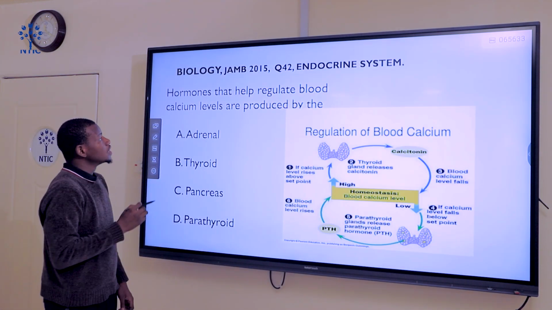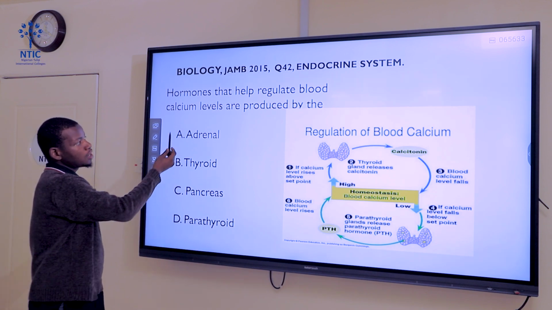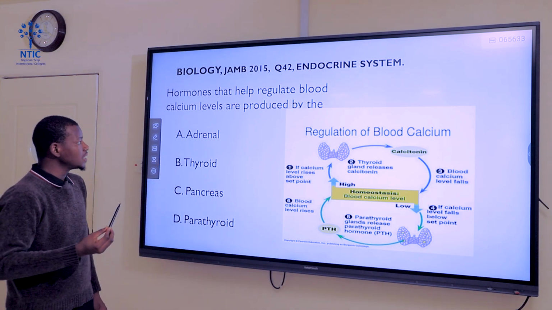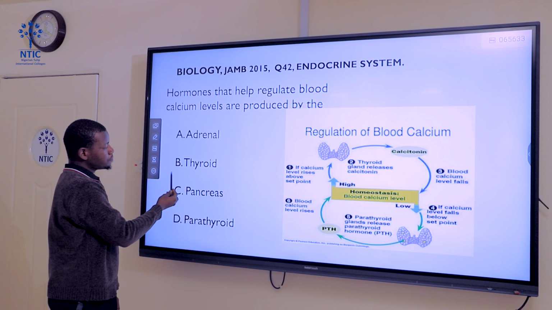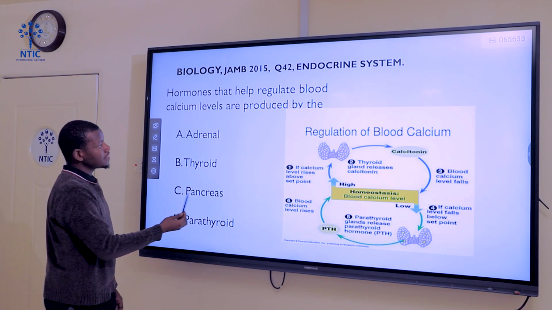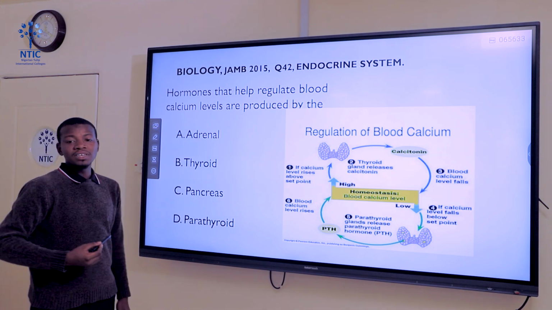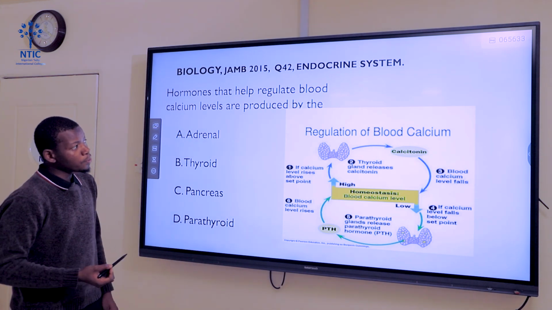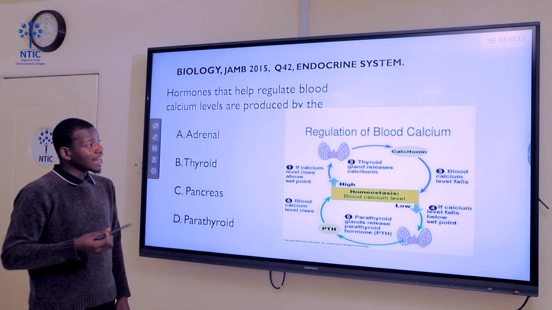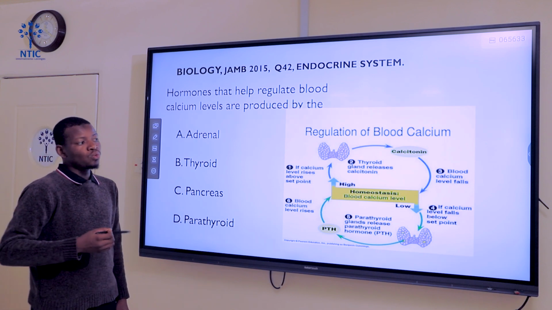Question 42. Hormones that help regulate blood calcium level are produced by the A. Adrenal gland, B. Thyroid gland, C. Pancreas, and D. Parathyroid gland. Now, hormones are chemical messengers that are produced by endocrine glands and are transported by the blood to where they